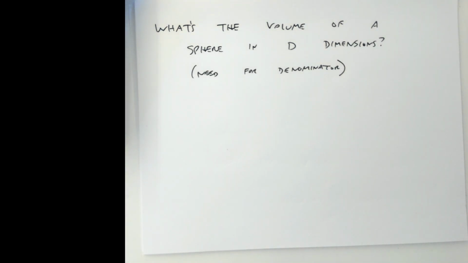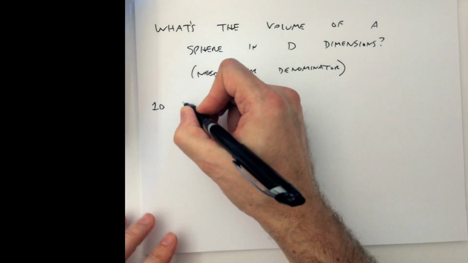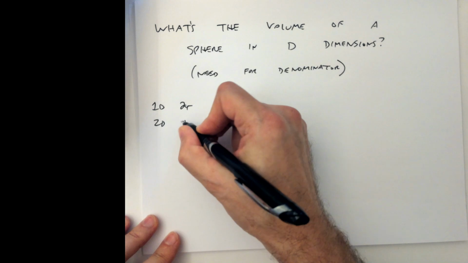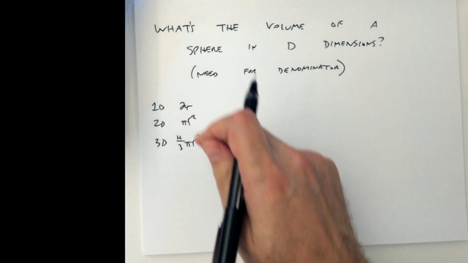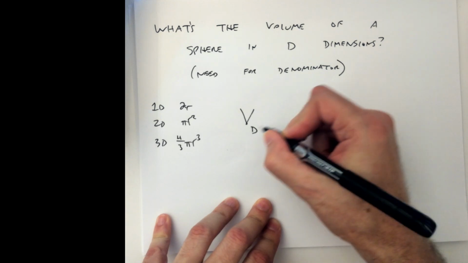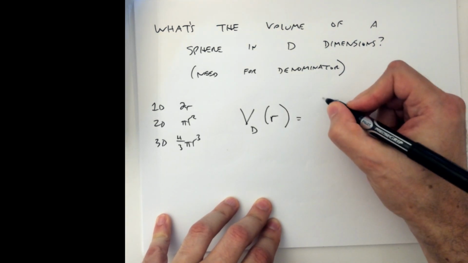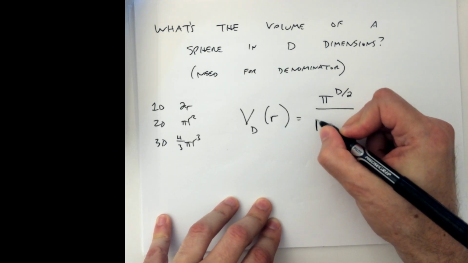All right, well, what's the area of a circle? Nobody? Pi r squared. What's the volume of a sphere? All right, what about 4 dimensions? No one knows, right? So we know that in 1D, it's basically going to be 2r. In 2D, it's pi r squared. In 3D, it's 4/3 pi r cubed. What's the pattern, right? Well, it's clear there's an r to that power. There's a pi involved. Turns out that the volume of a d-dimensional sphere with radius r is pi to the d over 2 over the gamma function